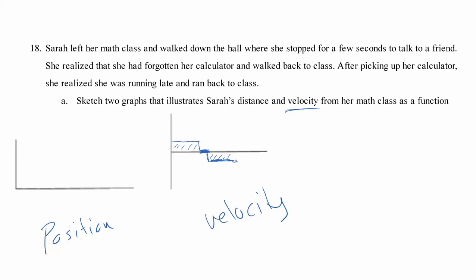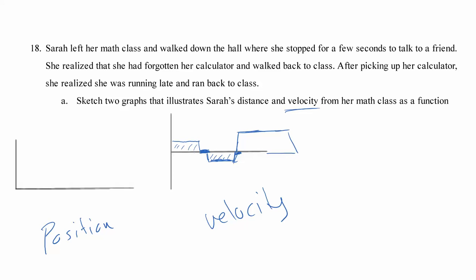After picking up her calculator, so let's say that, she probably has to stop in that room for a second or whatever. She realized she was running late and ran back to class. So her velocity here needs to be higher in the positive direction. And then she gets to class. I think that's a good velocity graph. Let's see how that relates to our